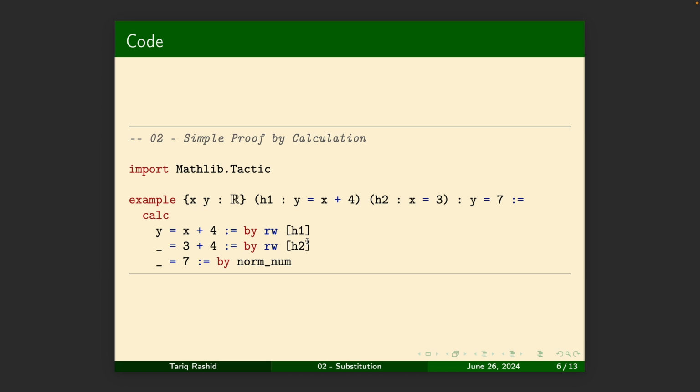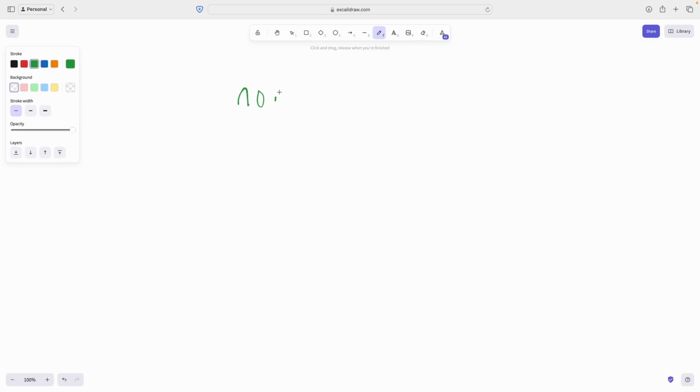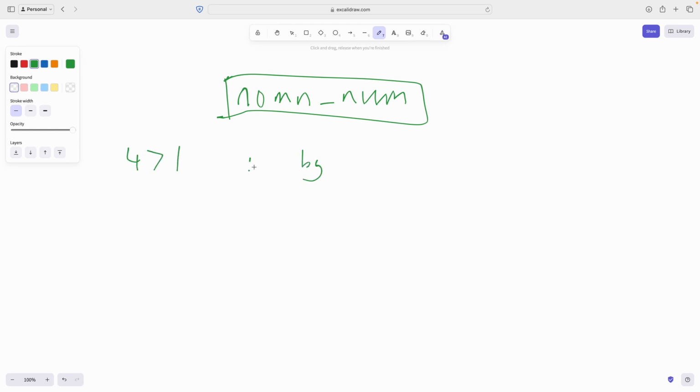Let me draw a picture just to summarize that. So norm_num is a tactic, and inside that tactic other people have written lots and lots of code that encodes quite a lot of mathematical knowledge that we can reuse and that we can use to justify as we move from one line of proof to the next. We've just scratched the surface on that. We've seen that we can justify 4 is more than 1 by norm_num. So it knows about more than. If you did the exercise, we know it can do 10 is